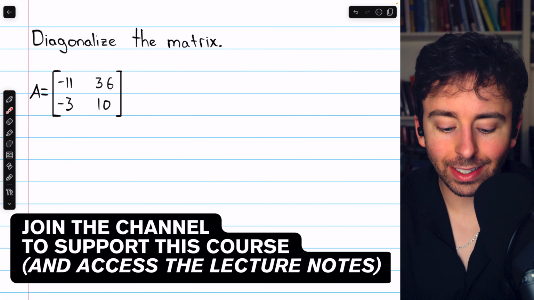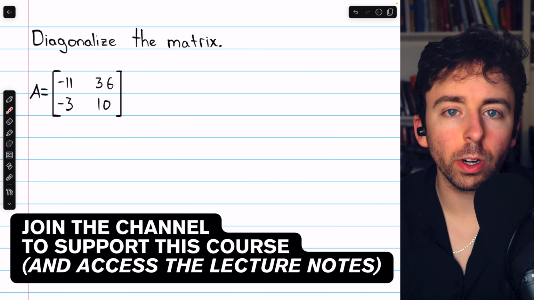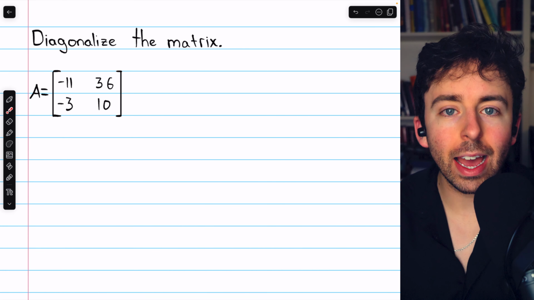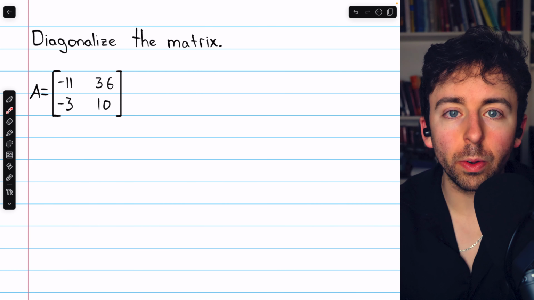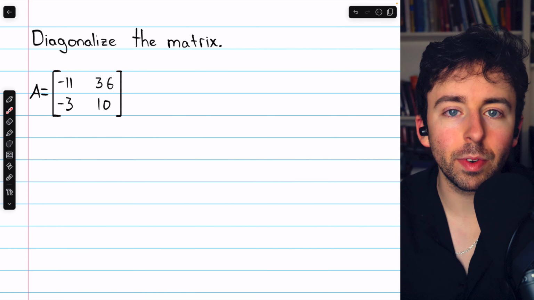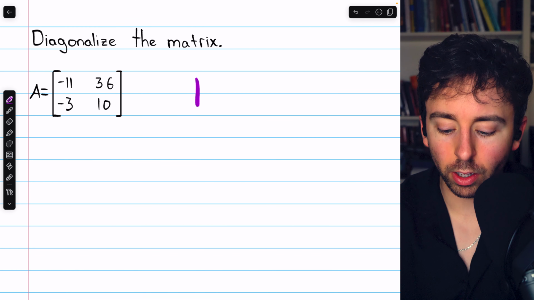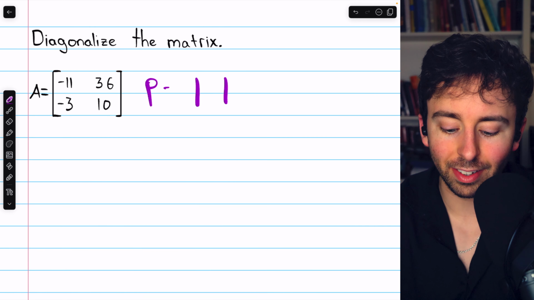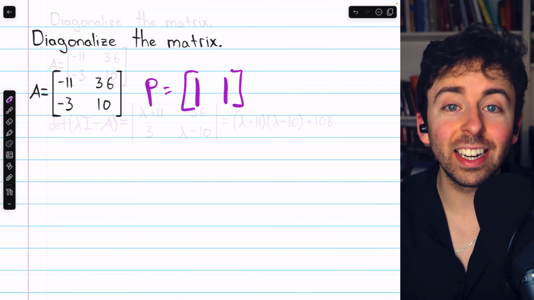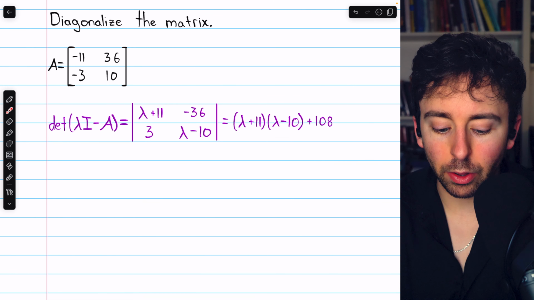In order to diagonalize this 2 by 2 matrix, we need to find its eigenvalues and then use those to find the corresponding eigenvectors. We'll take those eigenvectors and use them as the columns for our diagonalizing matrix P. Let's get into it. Beginning by finding the eigenvalues, we take the determinant of lambda I minus our matrix A,